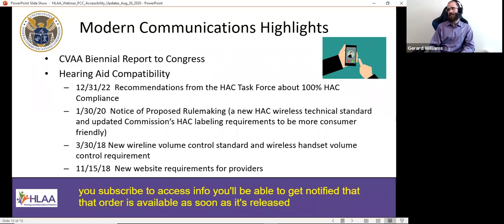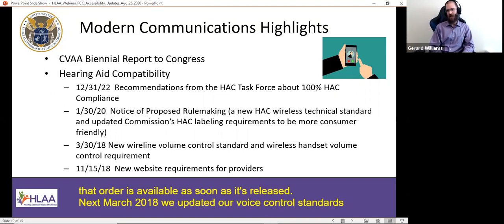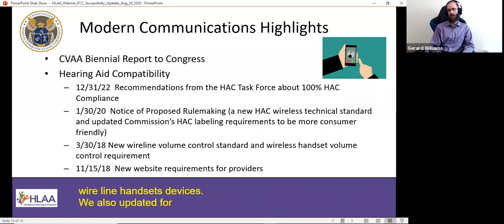Next, in March 2018, we updated our voice control standards for wireline handsets devices, and we also updated for wireless handsets volume control equipment.